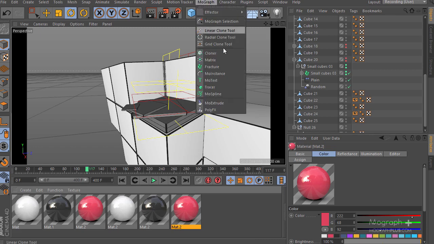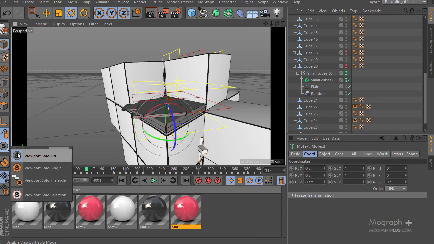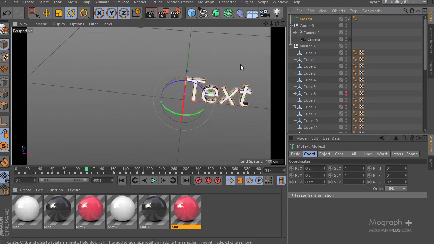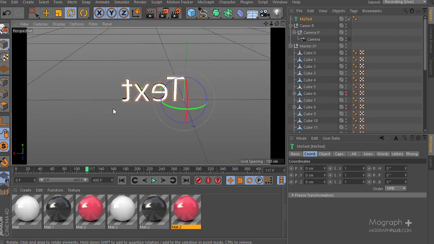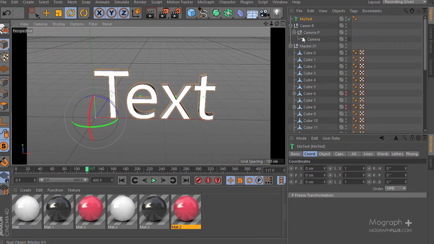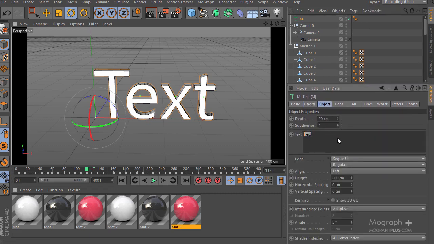Now let's go ahead and start adding the letters and applying the materials. I'm going to my MoGraph and add a MoText. I'm going to solo out this MoText, and let's get out of the camera basically and see where we are here. Here's our text. I'm gonna go to here. This is gonna be our M, so I'm gonna be typing M. Let's go to our object, type in M,